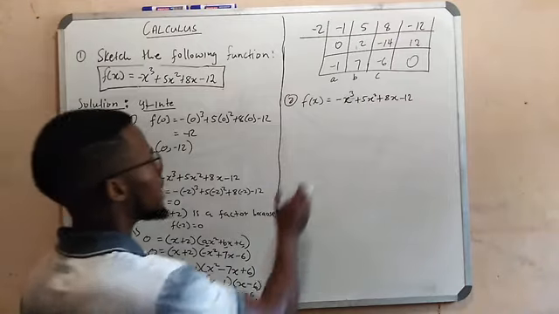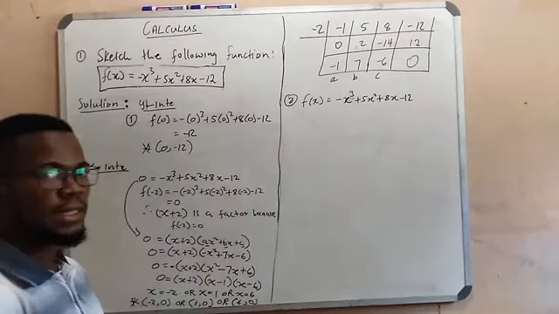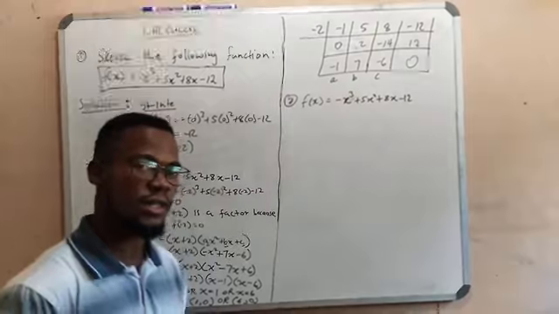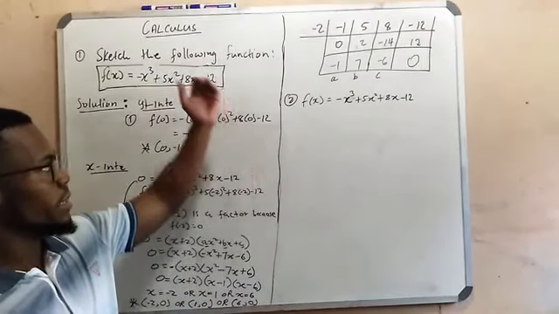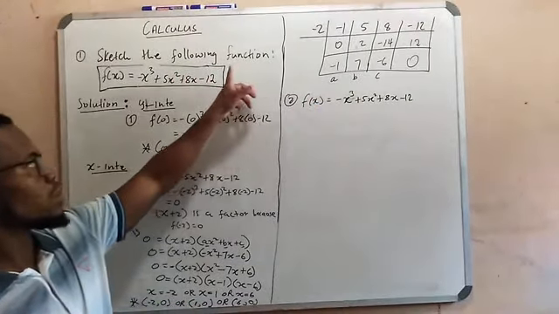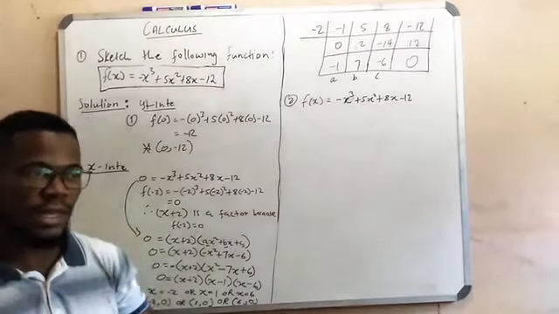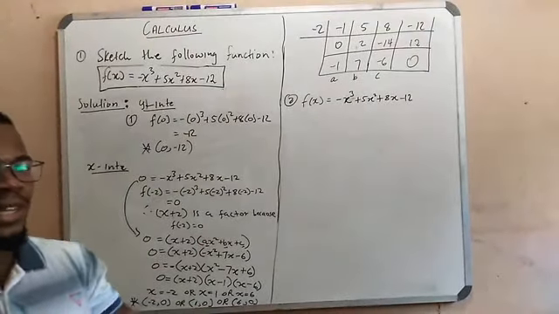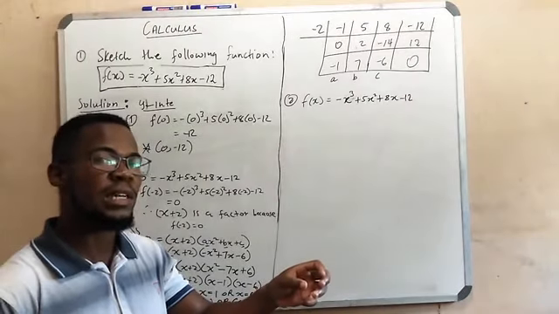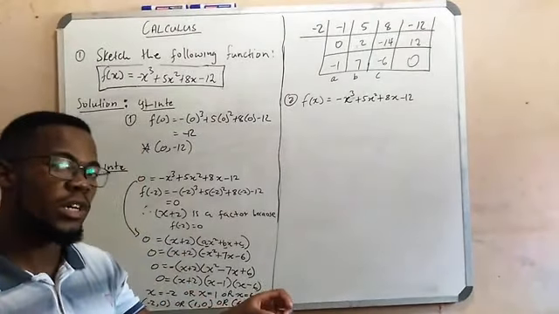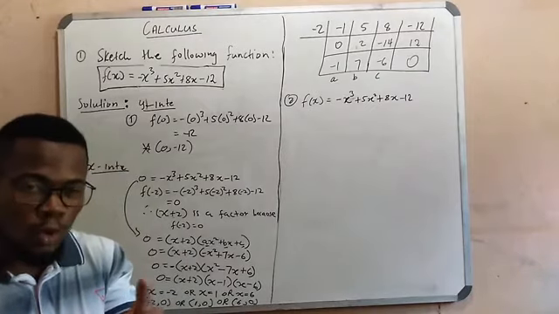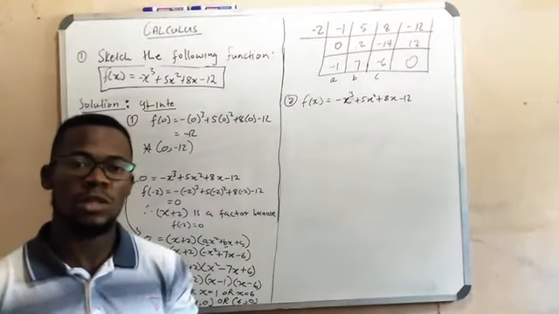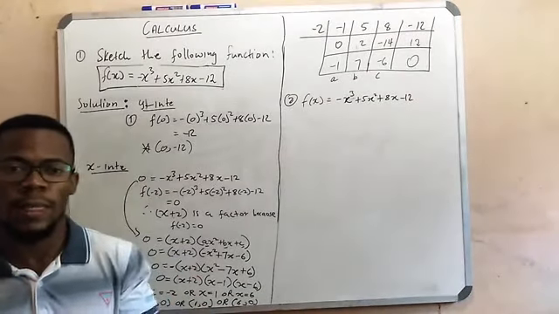Now, the turning points of a cubic function are given by what? They are given by the first derivative of that function. The first derivative of this function will give us the turning points. Remember what the derivative gives you. It gives you the rate of change of a function at a point. It also gives you the gradient of a